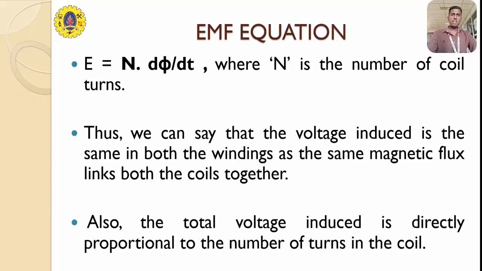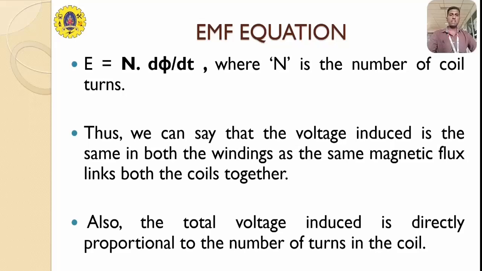And the third parameter which plays a major factor in the EMF is the number of turns of the coil, right? So using these variables we are going to find out the EMF produced in a transformer. The EMF can be given by N into dφ/dt. N here represents the number of turns of a coil, and dφ/dt represents the change in